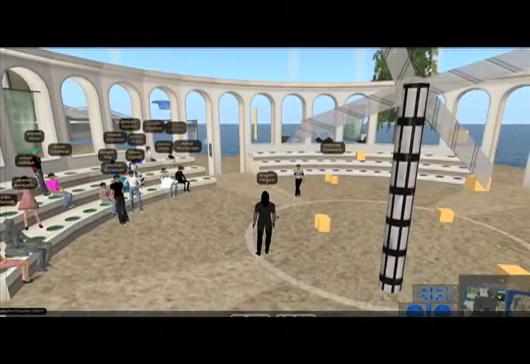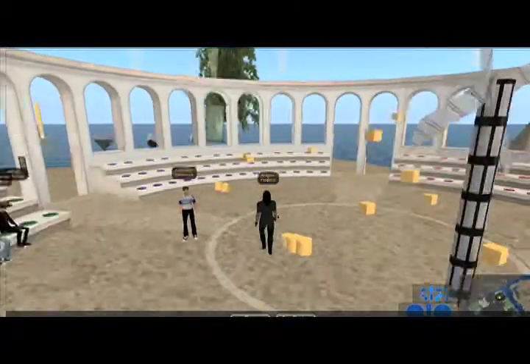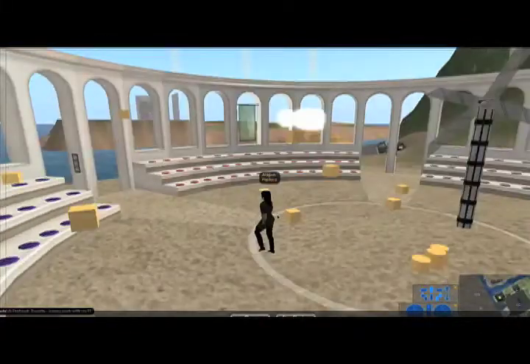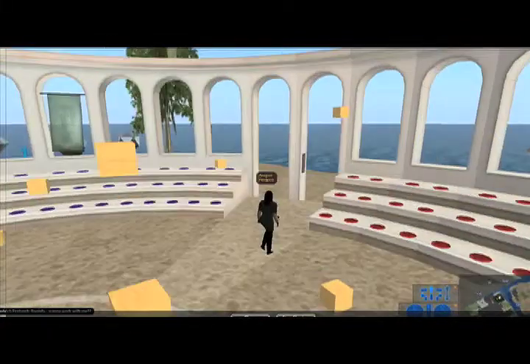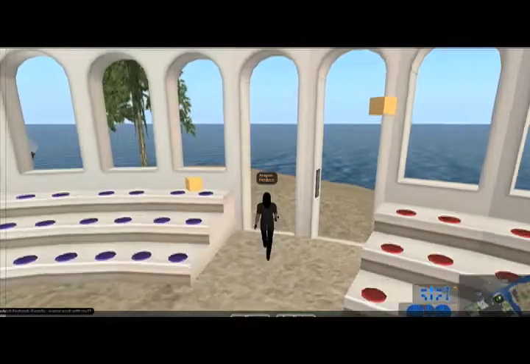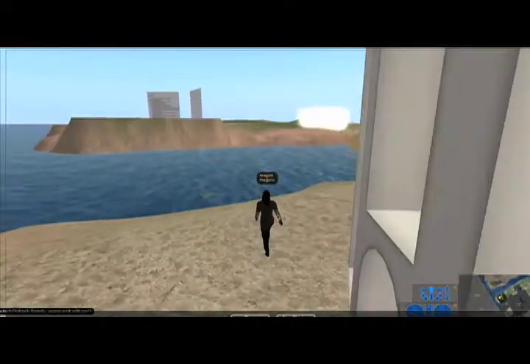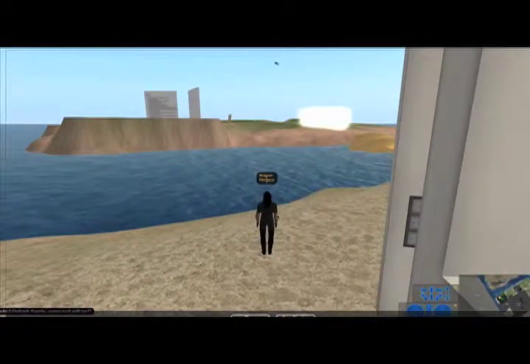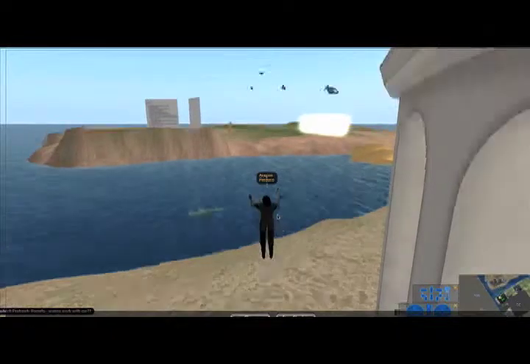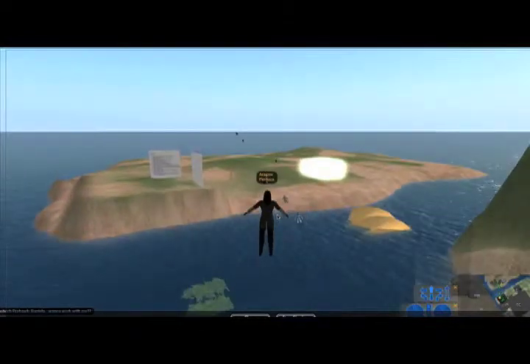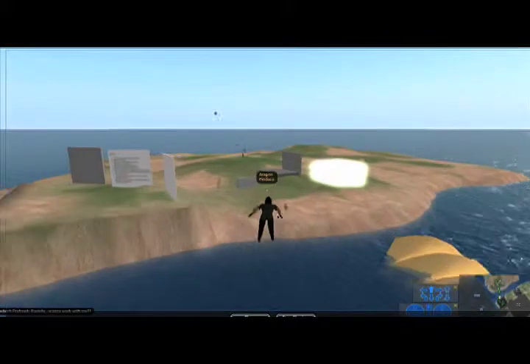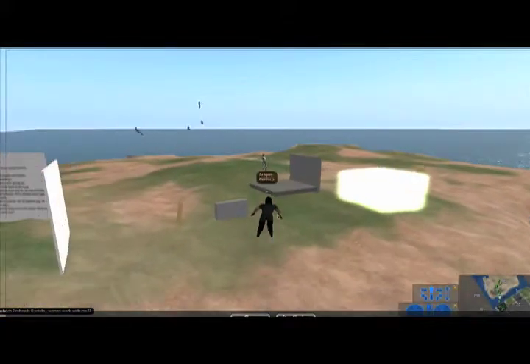If there's no questions, you can begin to follow me just to make sure we go in the right direction for the island. If you see it over here, if you go out through the Colosseum, there's your island. I'm going to fly up and go over to my island. Oh, you're already on your way. Okay, so there's your activity. So you've got until